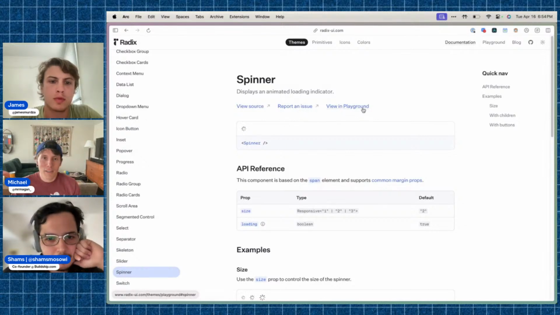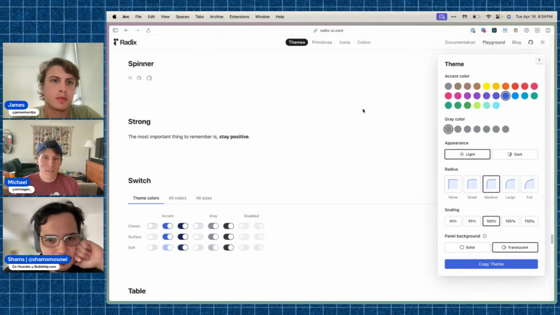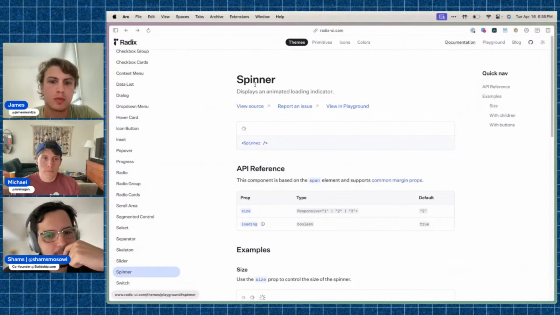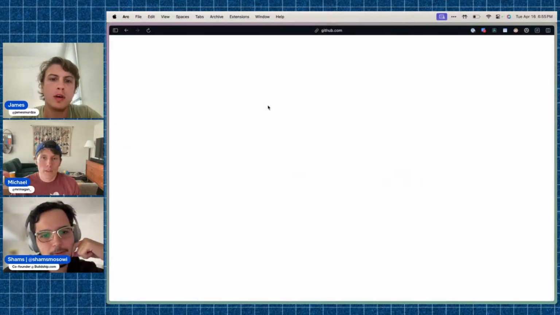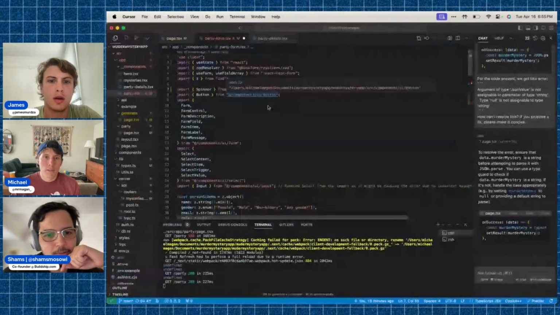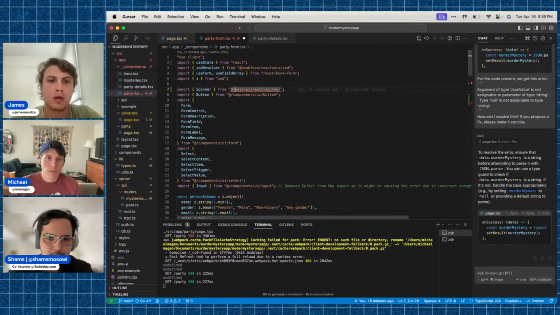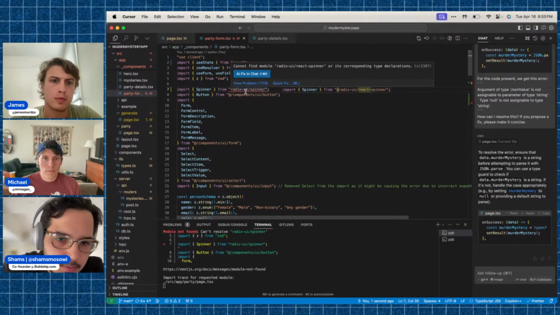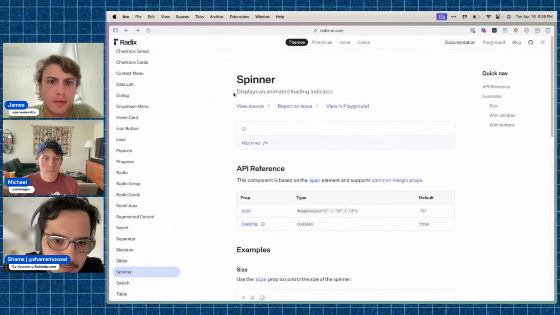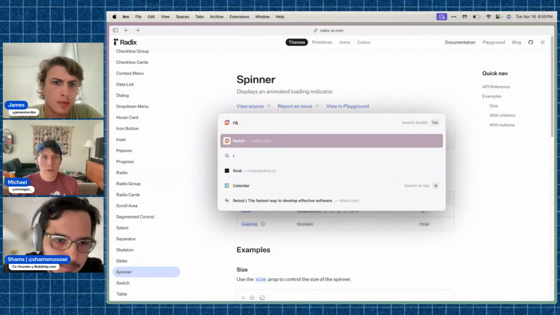I think it's going to be Radix UI React Spinner or something like that. I'm not sure. What does the package JSON say? Why is this so hard?